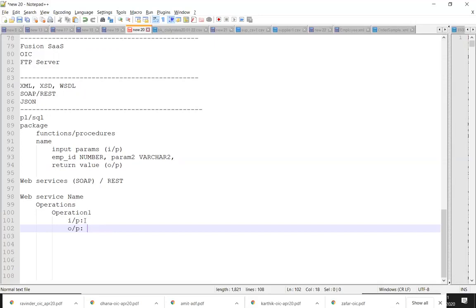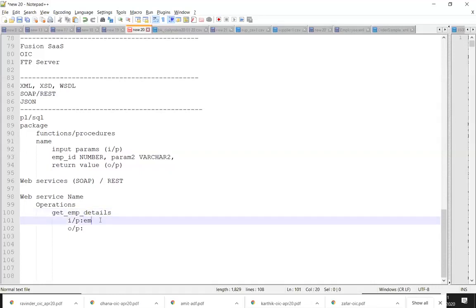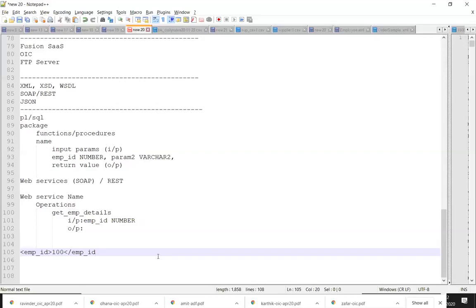Okay. Now what you're telling is, if I'm going to have get employee details, for example, as my operation, and my input is employee ID, I cannot say employee ID number like this, right? Instead, I have to mention that this web service is going to receive as input an XML representation of employee ID. So when you say XML representation of employee ID, it has to be something like this. The client has to pass it like this. Otherwise, your service cannot accept it. You cannot simply send 100. You have to send it like this.